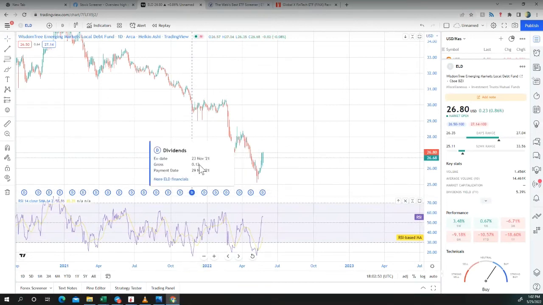So if it gives you $0.21, if you want to make, say, $200 every month out of this, so $200 divided by 0.12, you'll need to buy 1,666 shares of this ETF. Then that times the price, which is now at 26.8, you'll need to invest around $44,000 to earn around $200